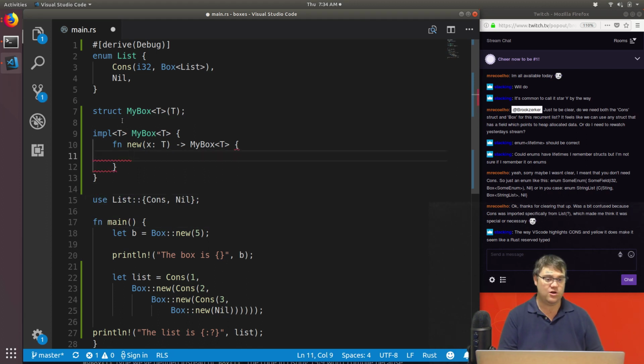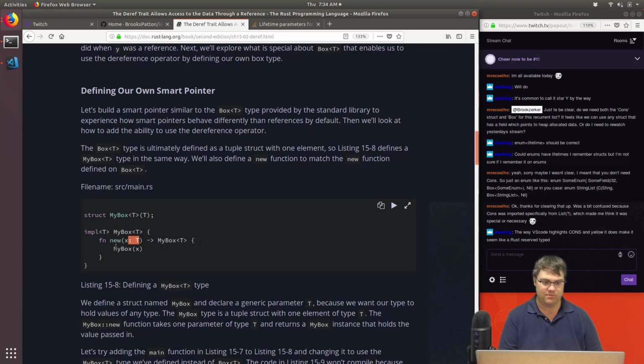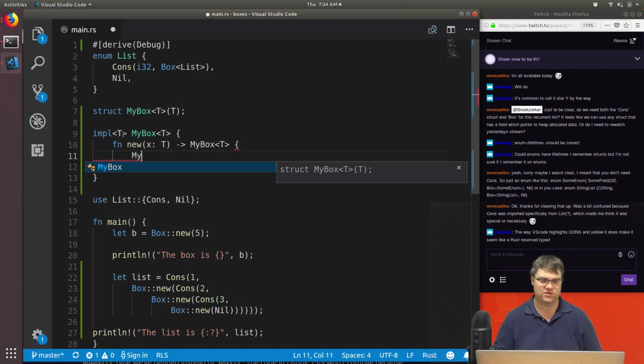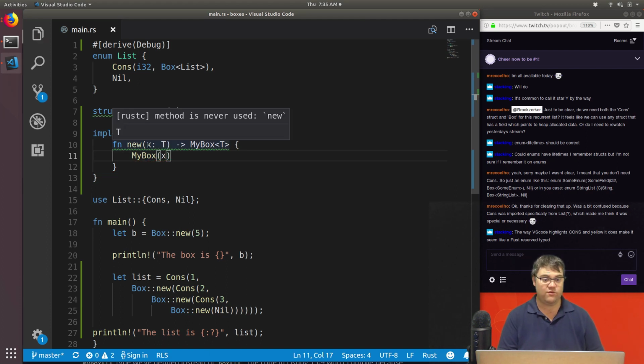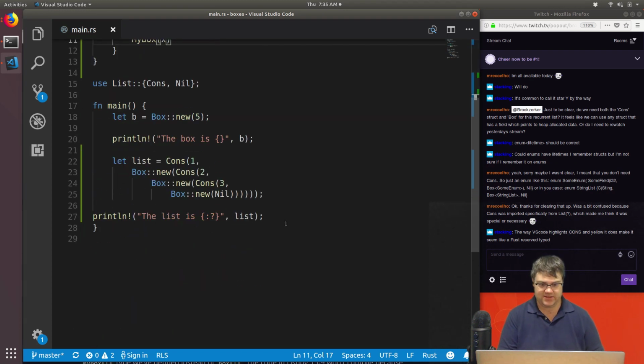Okay, so in here we just want to now return MyBox and pass it in X here. So MyBox, pass it in X, and we're going to return that. So of course it's saying this method is never used. So if we wanted to use this down here, we can say